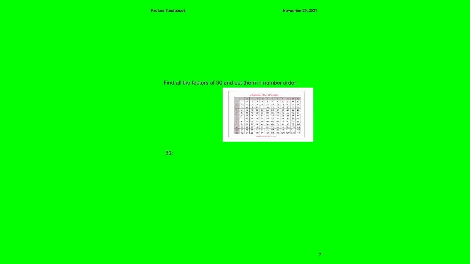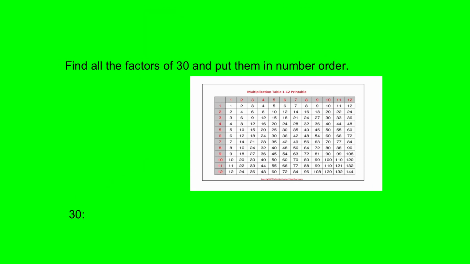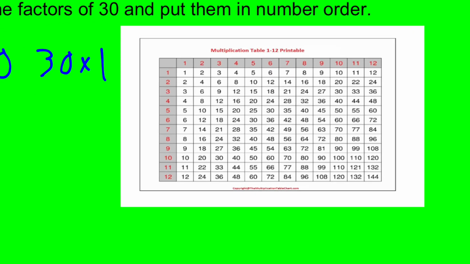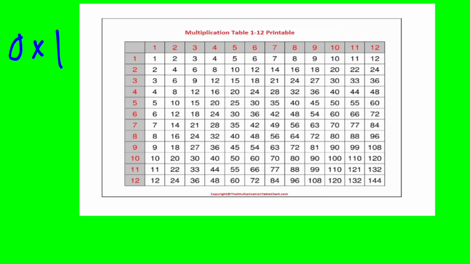And then we did one last question. Same idea, find all the factors of 30. Well, we know right away there's going to be 1 times 30. Or 30 times 1. Now, not all of them will be on the multiplication chart. So this one,